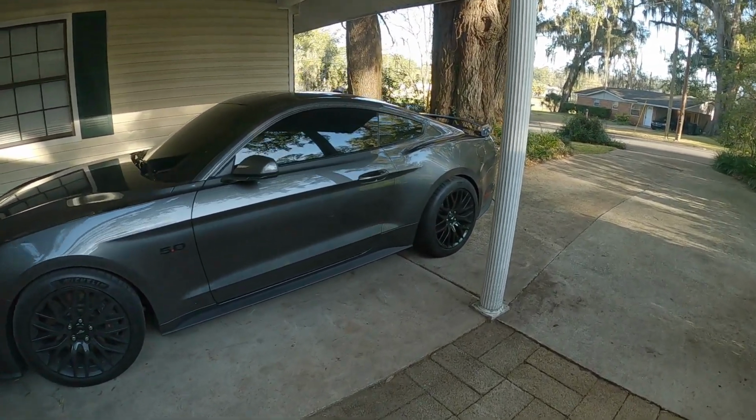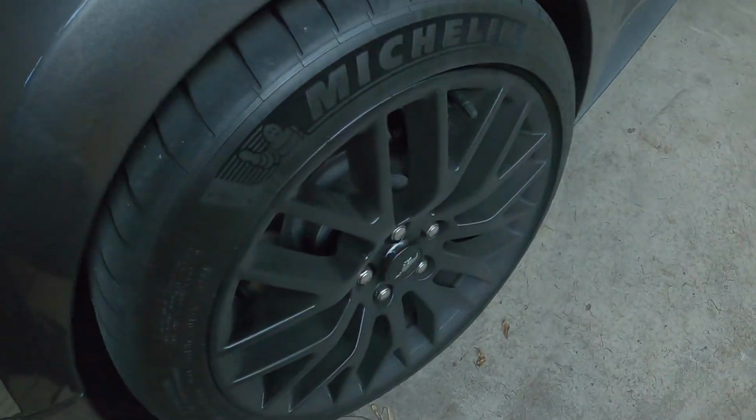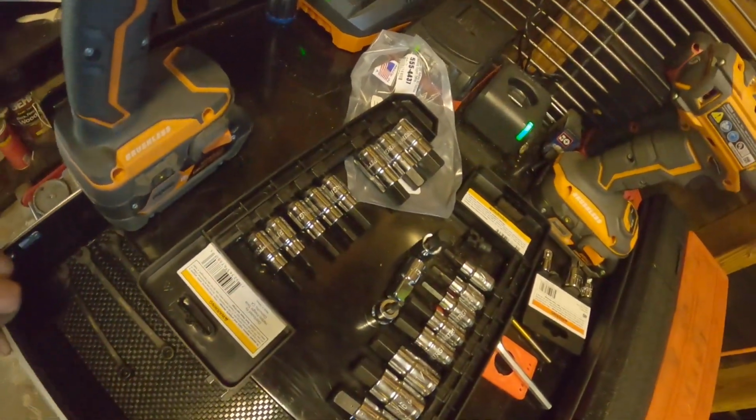Everything's torqued down, everything's good. So here in a minute, I'll do a cold start and I gotta wash my car anyways. Look at these fucking wheels. They're disgusting. The Brembos, man, God, the stock pads. You wash your car the next day, your wheels are covered in shit. But I got a bunch of China tools,